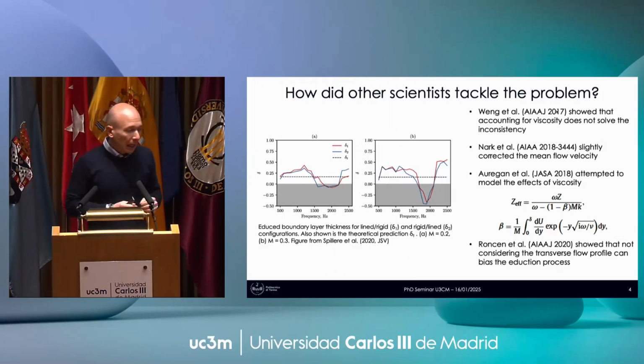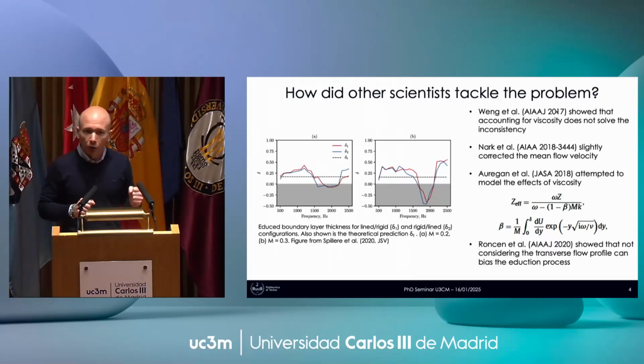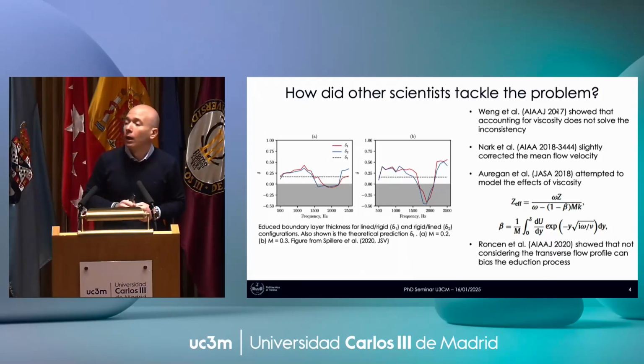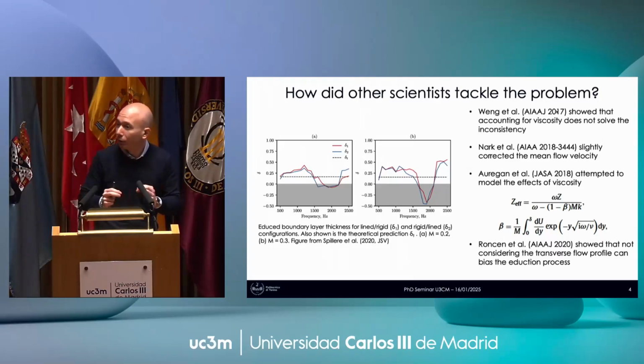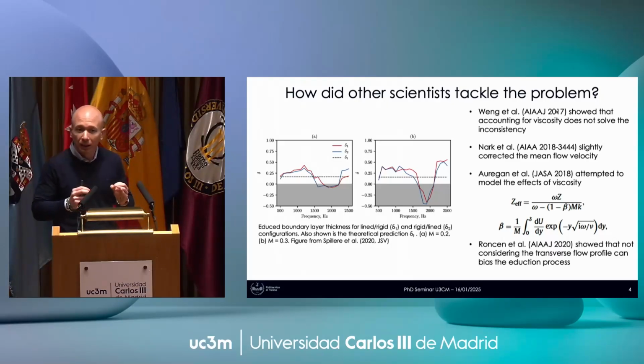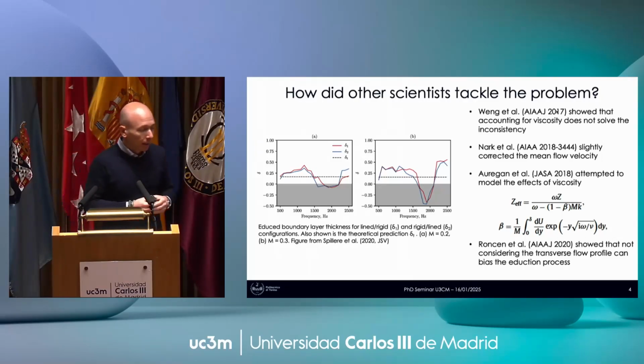NASA people said, yeah, it might be that when we pump acoustic energy on one side, there is a slight change of the mean Mach number in my channel flow, and then this can cause the mismatch. So they found that if I change the Mach number a bit, then there is a difference, and this difference can be such that the two induced impedances are the same. Someone else says, okay,